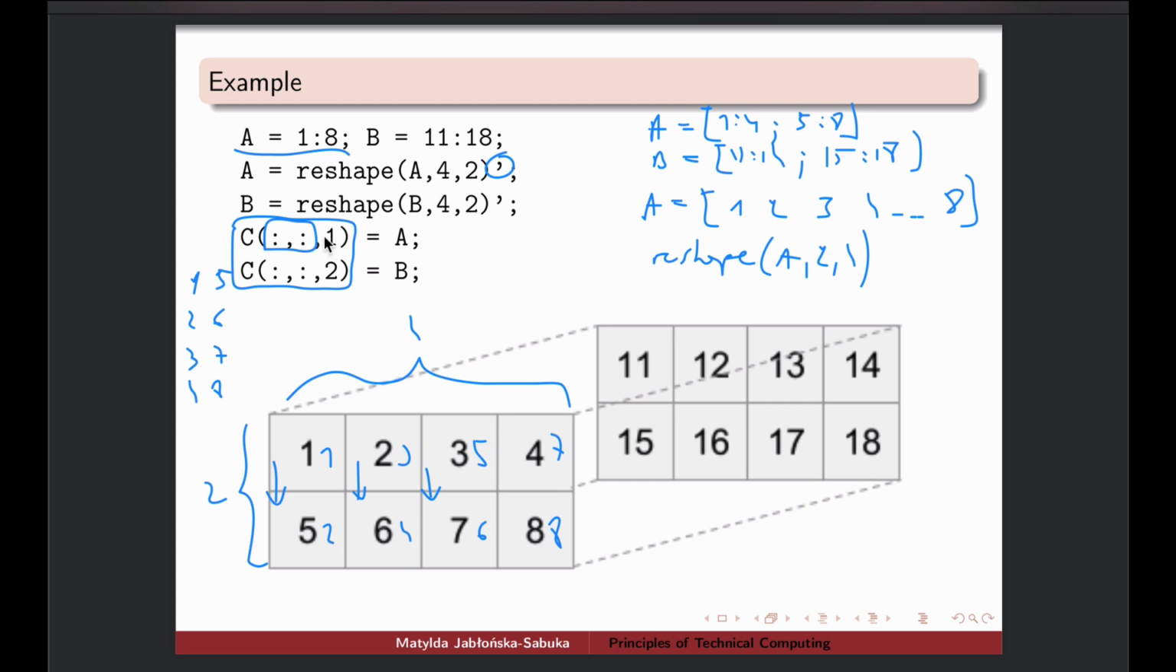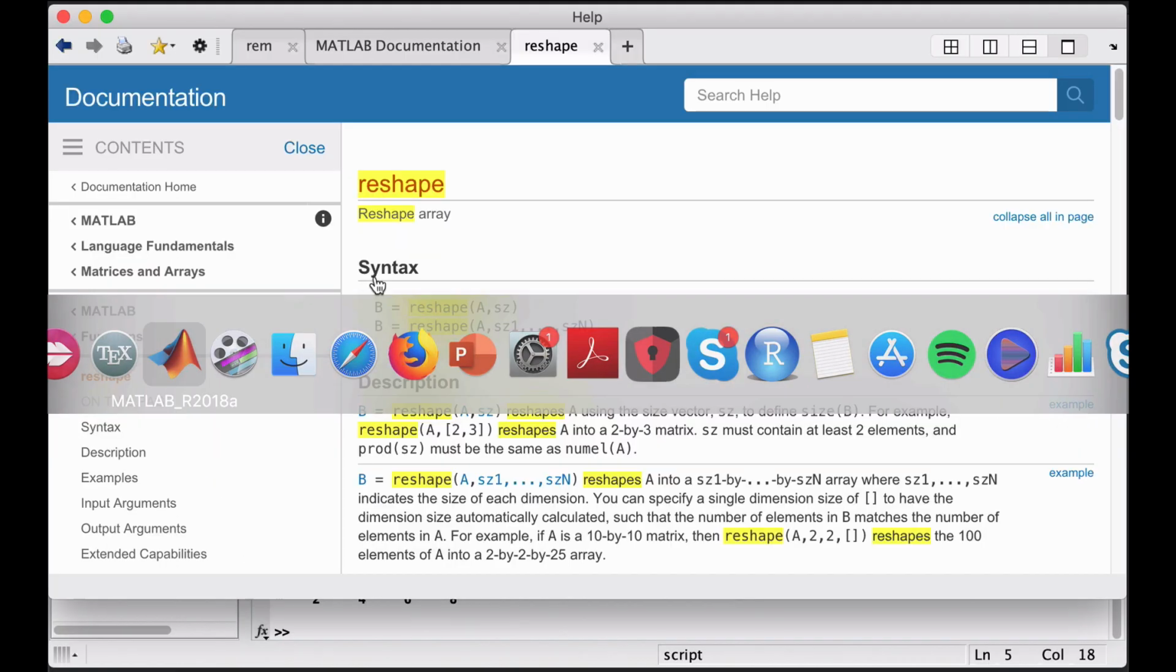But then I say that into the 3rd dimension, put for me A, and then in the same way, since I know B is the same shape as A, I again say for the first 2 dimensions of C, just fill up all of them, and then in the second layer of the 3rd dimension, put matrix B. Let's jump to the code